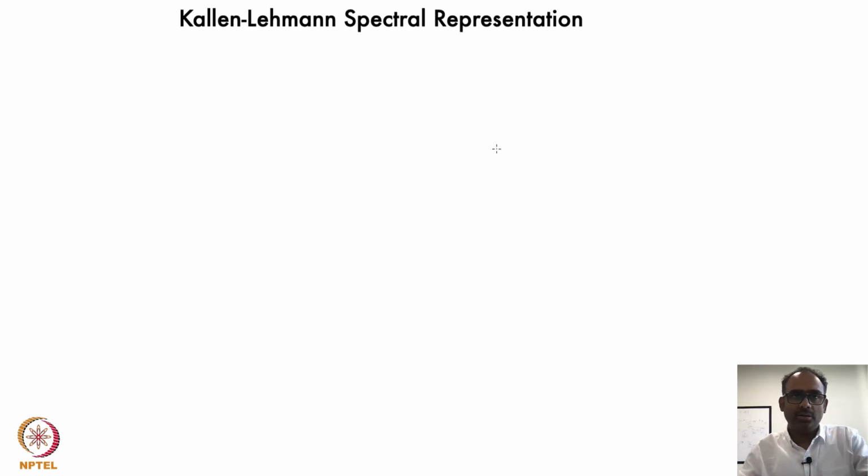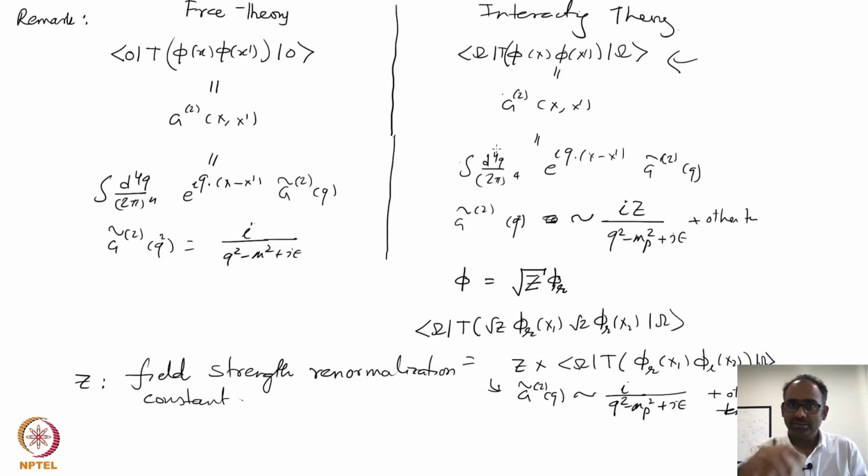Okay, so let's look at the two-point function in an interacting theory. I will be looking at the two-point function in scalar field theory, and this analysis will be non-perturbative, meaning I will not use any Feynman diagrams, I will not make use of any perturbation theory, and will show you what I have already told you earlier, that if you look at the two-point function in Fourier space, then it takes the following form,